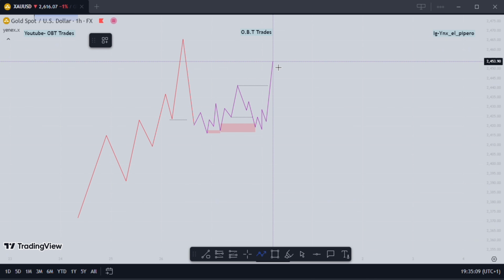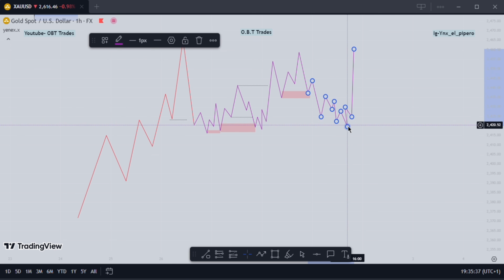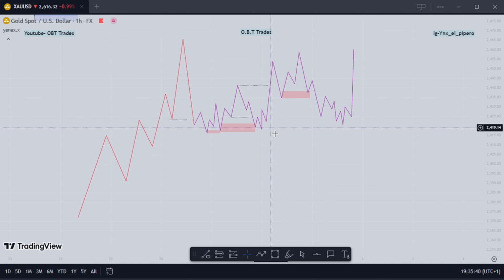So let's say price now does something like this, gives us this structure here, takes out this inducement, and this is our order block right here. And now it fails this zone, but gives us the structure we're looking for, gives us that change of character here. We can still buy here and look for buys to the upside. So now the question is, this was where our POI was. Let me just extend this a little bit. So this was where our POI was, but it failed and created this